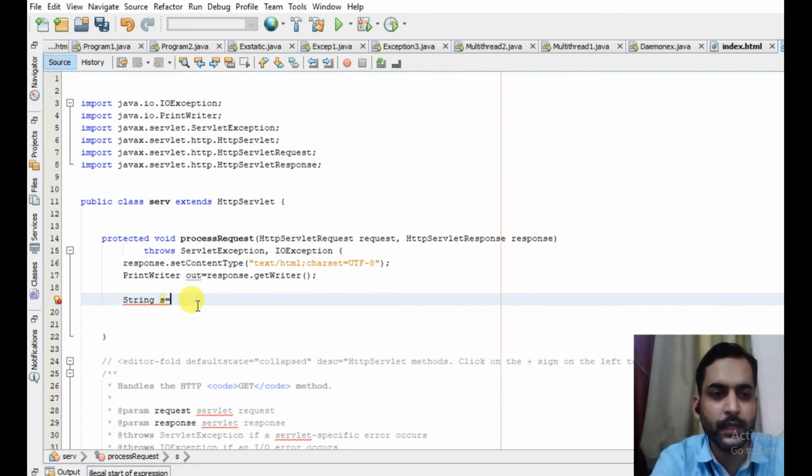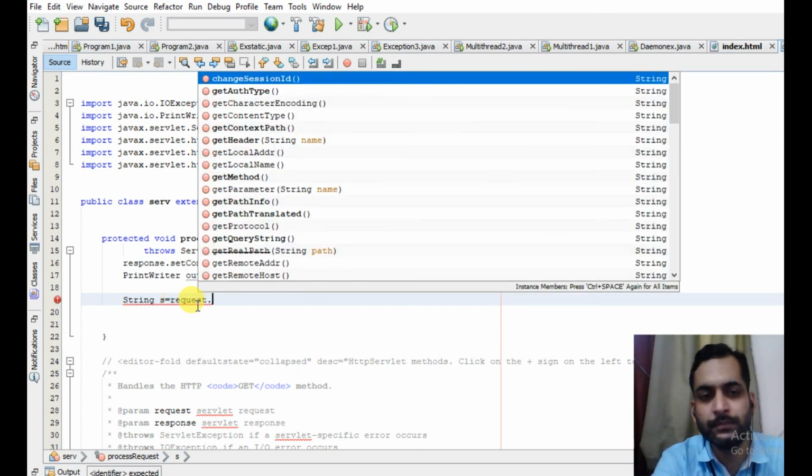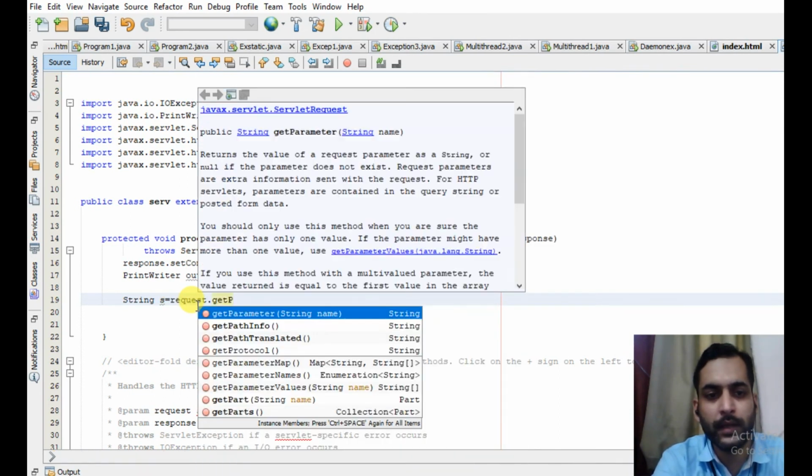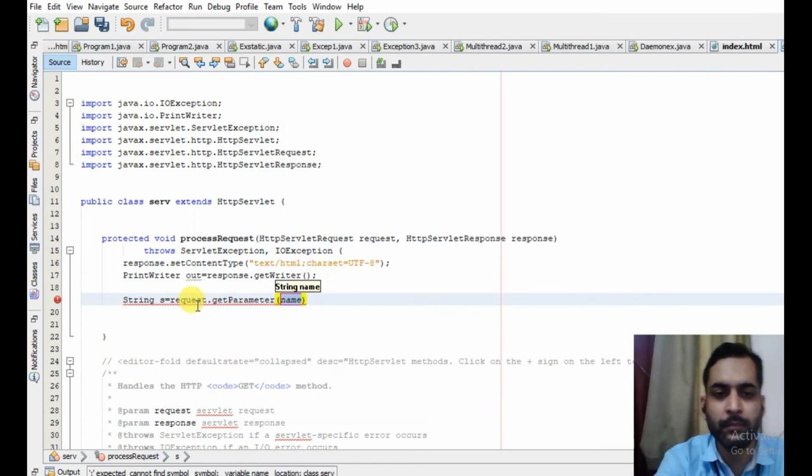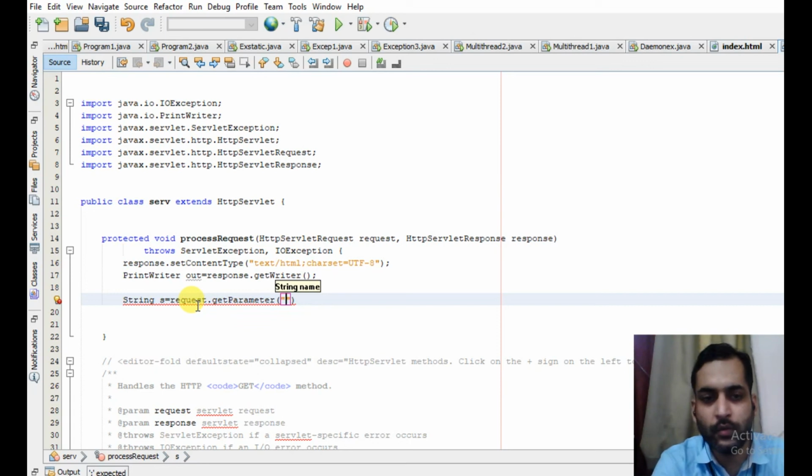So a string object and request.getParameter and parameter name. The name of the text box which contains the username was T1.